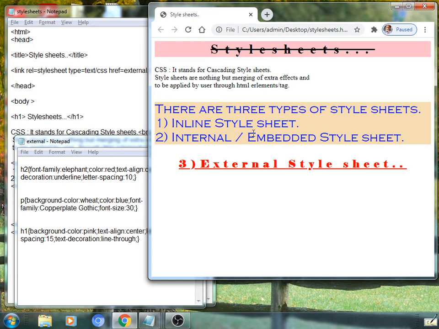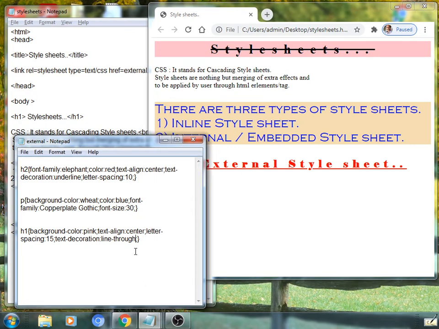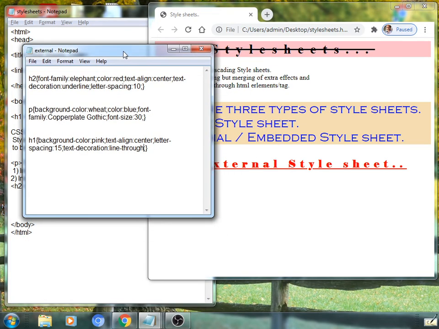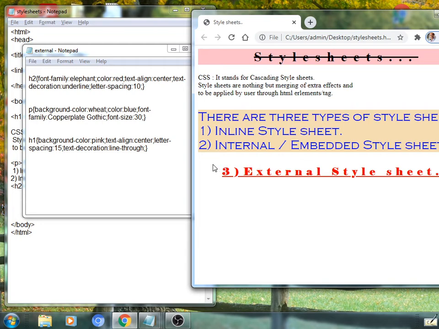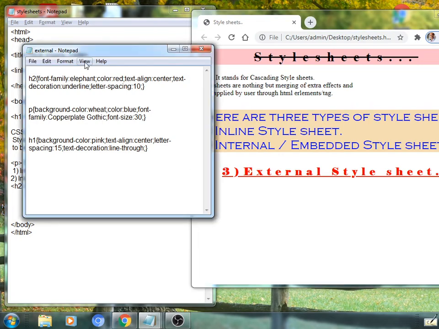So an external style sheet is applied by applying such effects through selectors. A user can prepare such a selector, property and respective values. He just has to save this file with some name, and the extension must be .css. Likewise, all effects will be applicable. Here we are observing such effects.